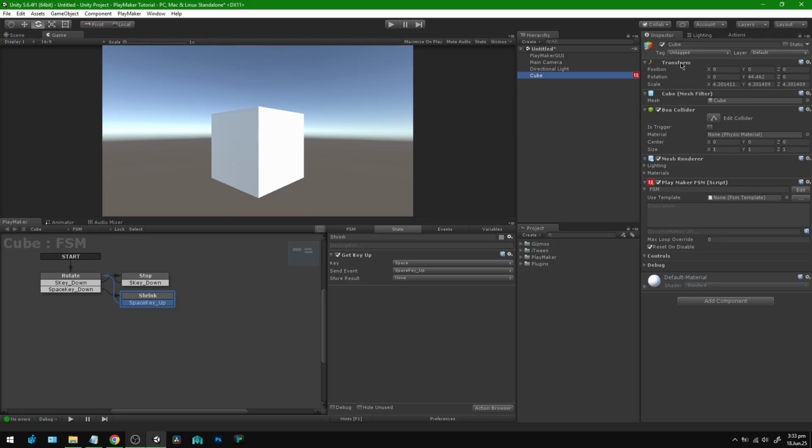So in here, we can actually take any of these components, click, and drag them into our FSM over here in the state space. And since I want to control the scale, I'm going to go up to this transform component. As you can see, this is what's controlling the different attributes of the cube's transform. So we have position, rotation, and scale. I'm going to click on transform and just drag it down into this empty space here in the PlayMaker